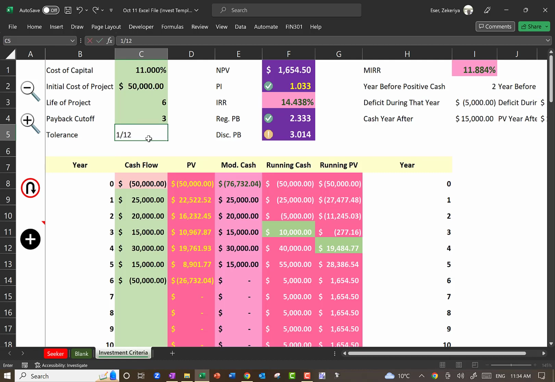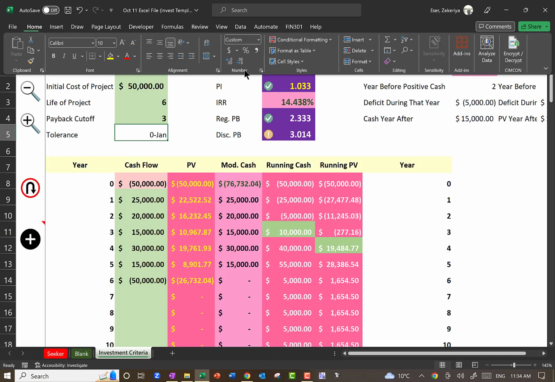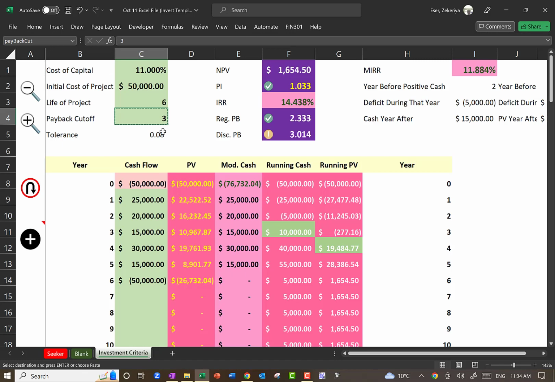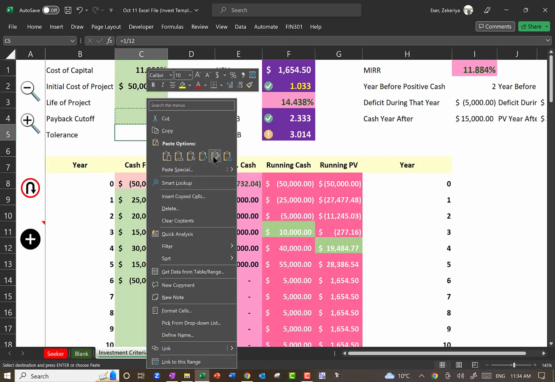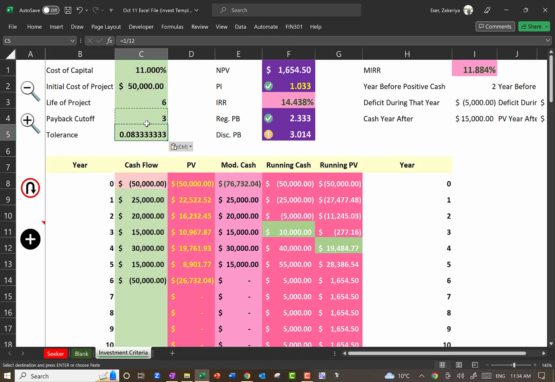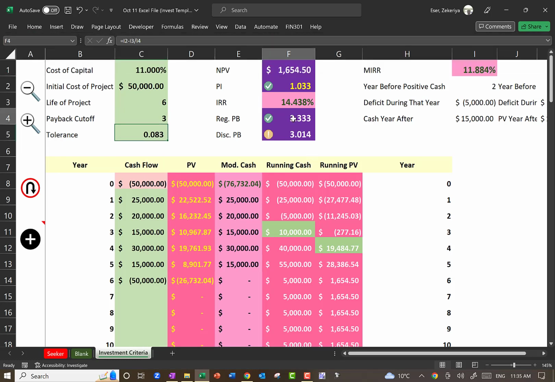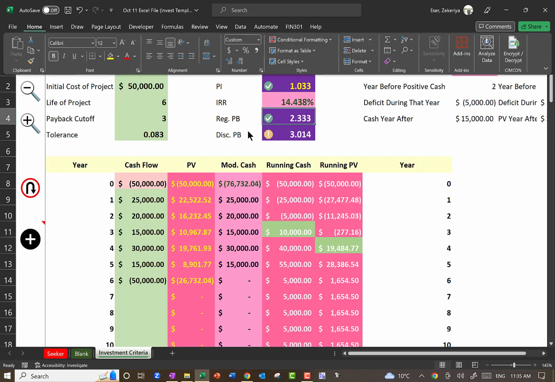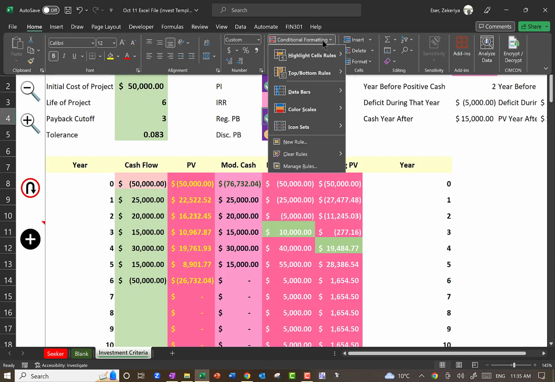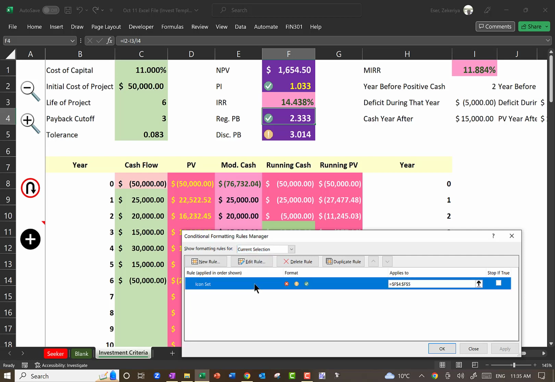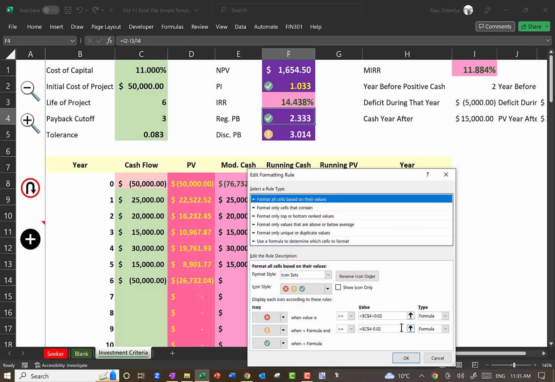Let's do this 1/12. And let's change this again. Instead of 0.02,